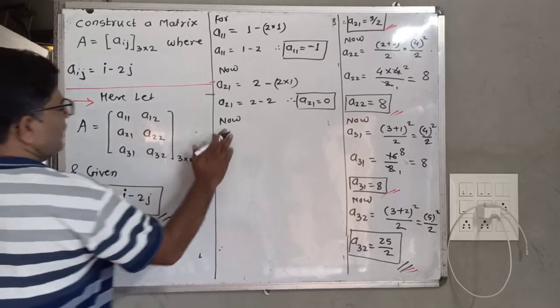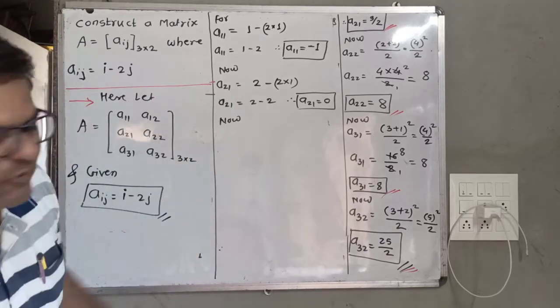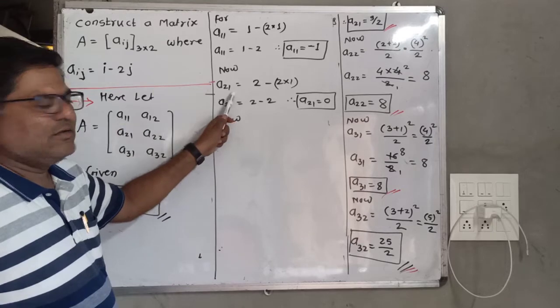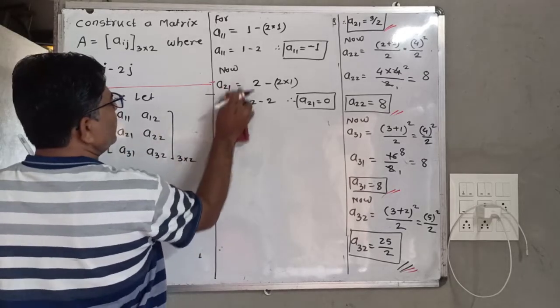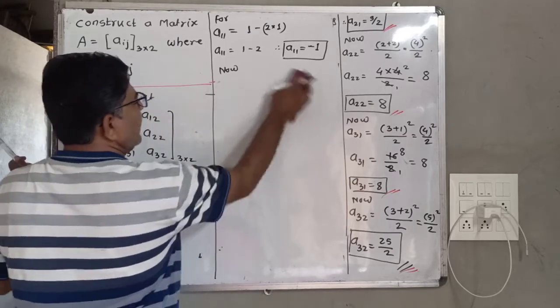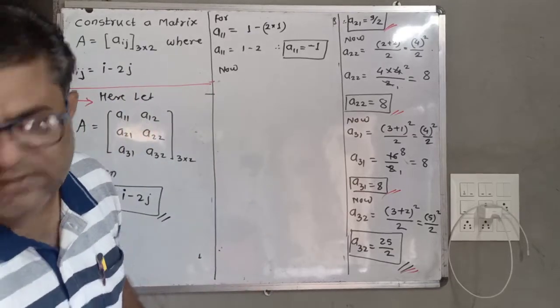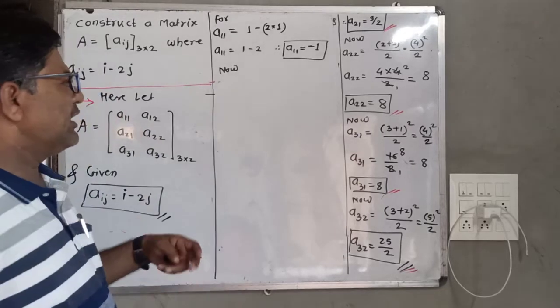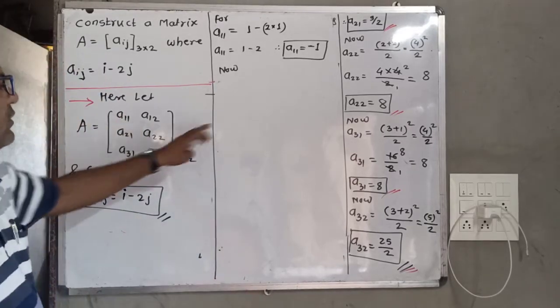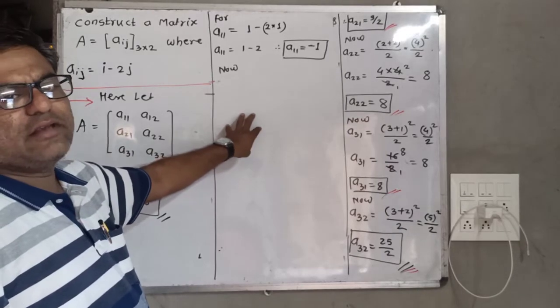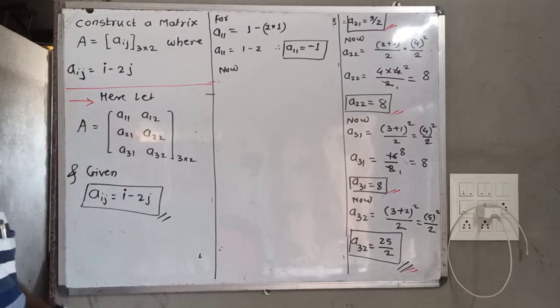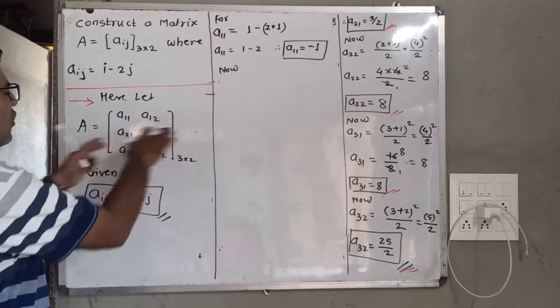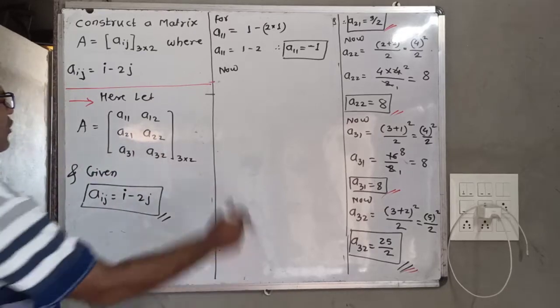Now move down to A31. Sorry, this is right, but we are going to solve by row. Therefore, we will take it here. This is right, but if the sequence is incorrect, then even though your elements are correct, the placement of that particular element will be wrong at the end of the example. Therefore, just go in a particular sequence.